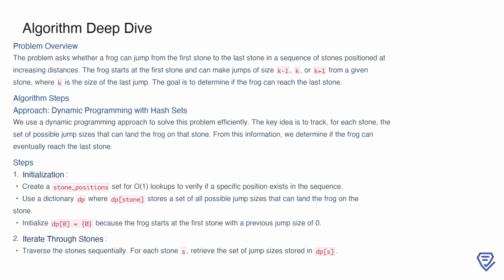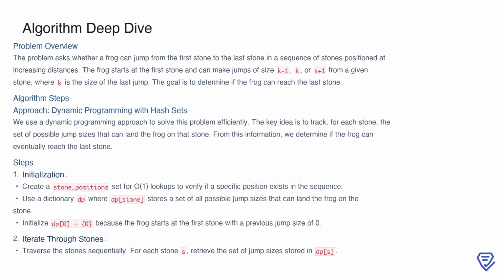The frog jump problem challenges us to determine if a frog can travel across a series of stones positioned at increasing distances, starting from the first stone and reaching the last stone. The frog's movement is governed by specific rules. It can jump k-1, k, or k+1 units from its current position, where k is the size of its previous jump. The task is to figure out if the frog can reach the last stone while following these